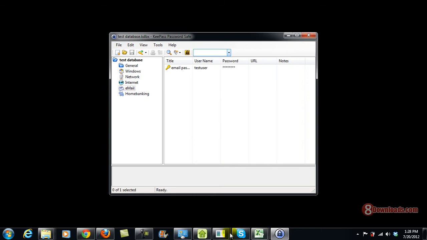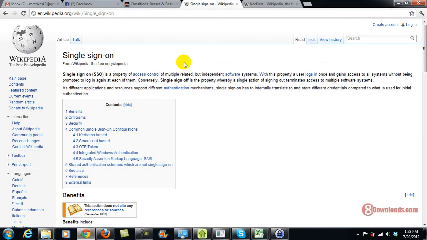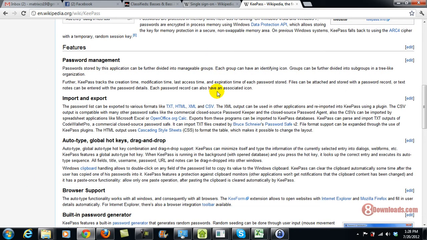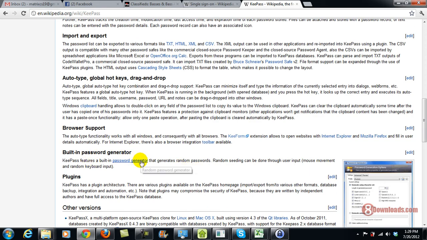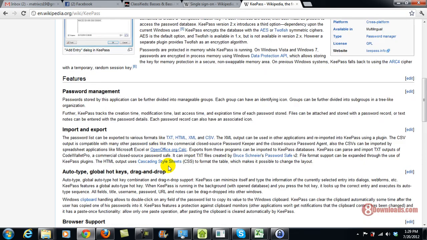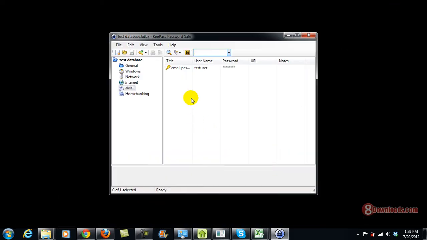But with KeePass, what happens is that KeePass is a password management tool which stores your passwords in a very secure database. And right now, you can even see the features. It has password management, import and export, auto type, global hotkeys, drag and drop, browser support, a built-in password generator if you want to use that, plugins, and of course, the best thing is that it secures your passwords per category.